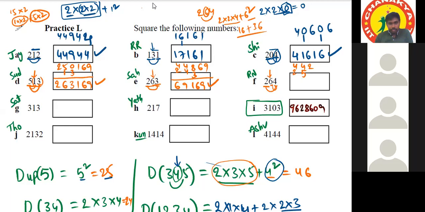Sir, and then 2 into 6 into 4, which is 48. 6 fours are 24, double is 48. Correct. And lastly? Lastly, 4 duplex. Sir, 4 duplex is 8. No, 16, 4 square. If it is a single digit, duplex is same as square. Okay, sir. After balancing, your answer is? Sir, then it will be 6, 9, 6, 9, 6, sir. 69696.